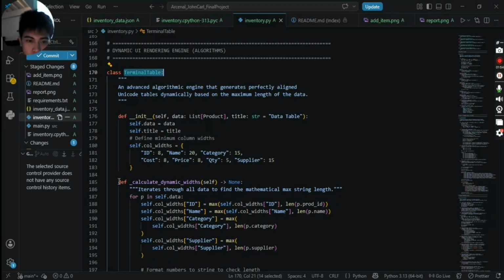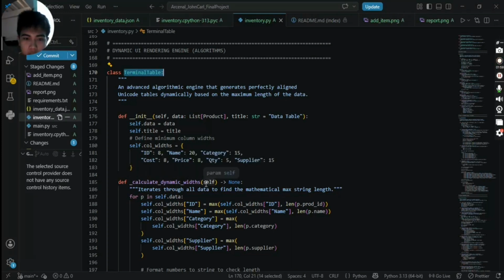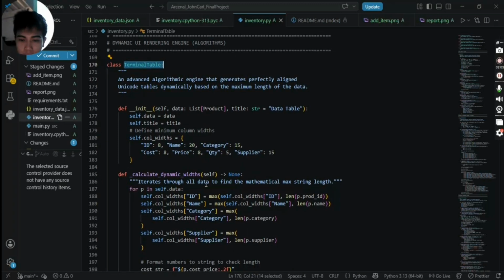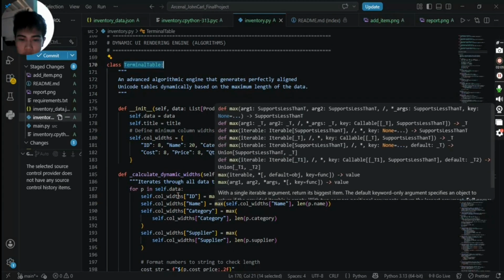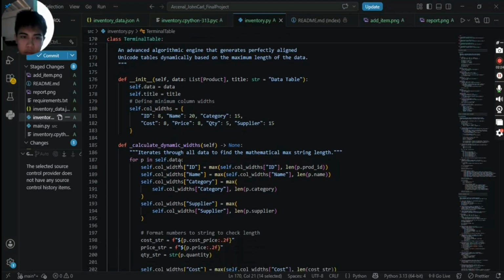On line 185, the calculate dynamic width function iterates through the entire dataset and dynamically calculates the mathematical maximum width of every column. It then uses those bounds to draw perfectly fitted Unicode box borders around the data, and it will never break the alignment.